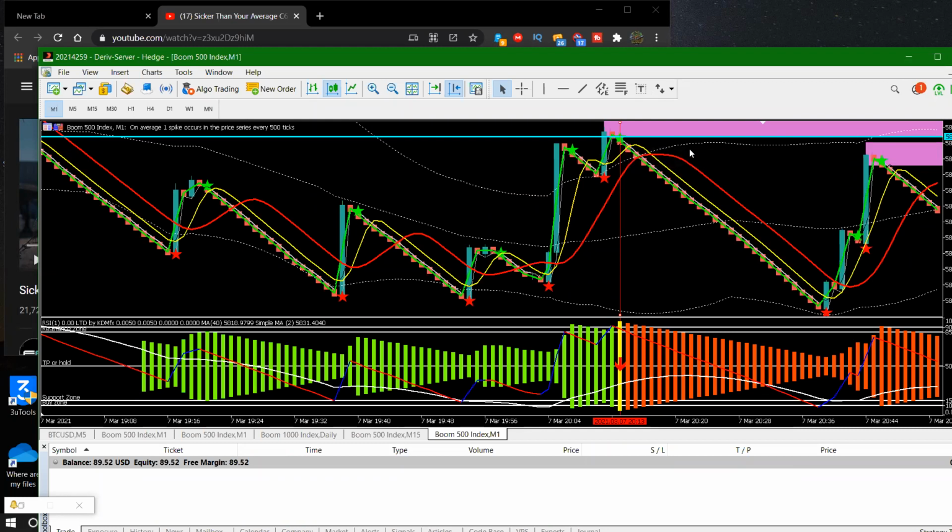These are the points where sometimes you find me in the markets, and even after these spikes, it will make a retracement here. It doesn't touch back here, the topmost part. And after